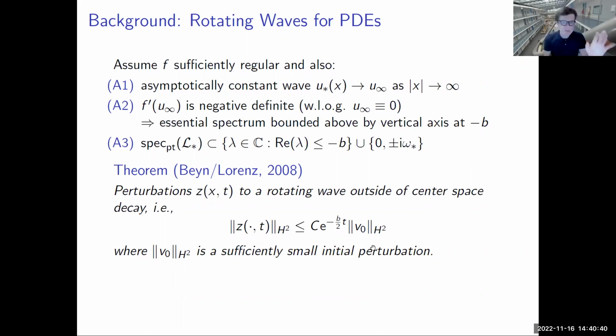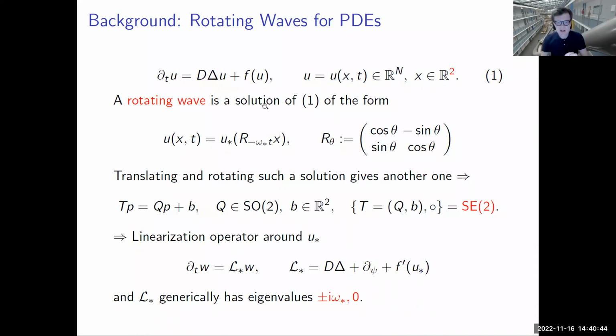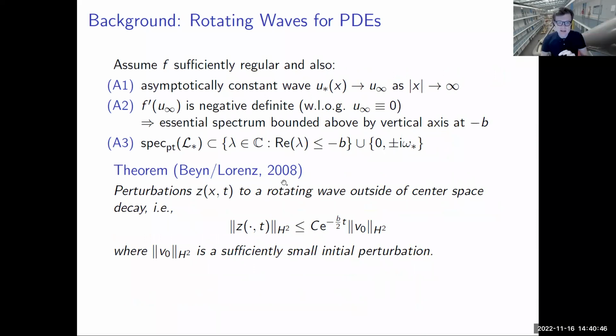I will again assume that my nonlinearity in my equation, so this is my nonlinearity here, is sufficiently regular, and there's an asymptotically constant rotating wave. So it's not a spiral, but it's asymptotically constant, meaning that if I go far enough out in the far field, then indeed this wave will decay to a constant. This will make my life easier. If it doesn't, we still don't know yet how to treat the stochastic case. And even the deterministic case is hard.